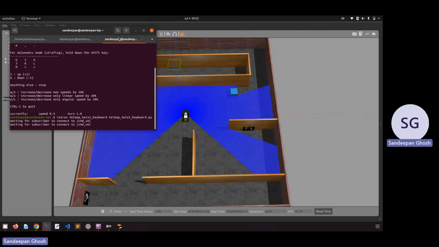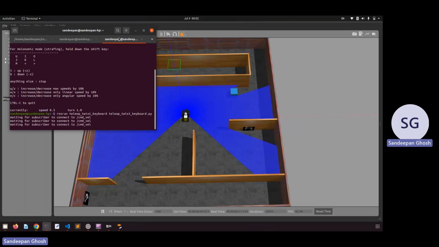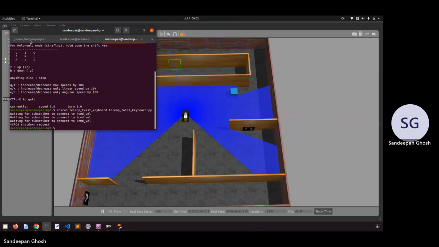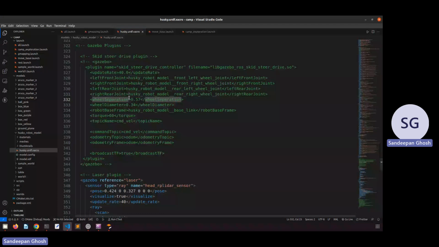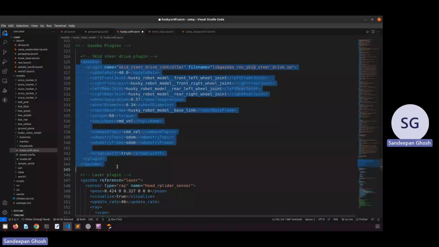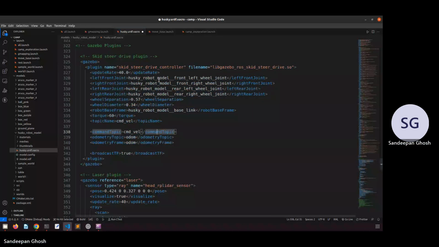See, there is no topic called cmd_vel, so you cannot control the robot at all. So this is just where things start, right? The absolute basics you're done with here. You can control a robot by adding these lines itself, right? You can give the velocities and you can control it even in real life. Okay. Now apart from that,